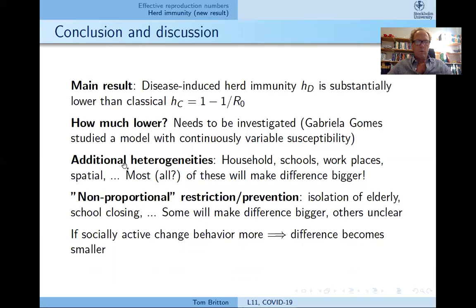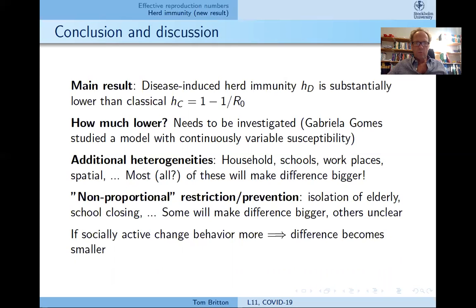Okay, how about our model? It was not completely realistic. What if we include also other heterogeneities such as households, schools, workplaces, and spatial effect? Then I think most of these things have the effect that the difference between classical herd immunity and disease-induced herd immunity is actually bigger. So that would make the difference even bigger. However,